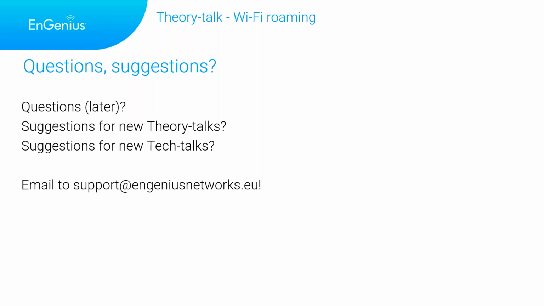Mesh is not the same as roaming. There are large differences between mesh and roaming. Mesh is something that you need to connect multiple access points together, and in that case you will often have a situation that all the access points will need to be on the same channel, at least for one band, and then still if a client moves from one access point to another, even if it's on the same channel, they will need to do the same